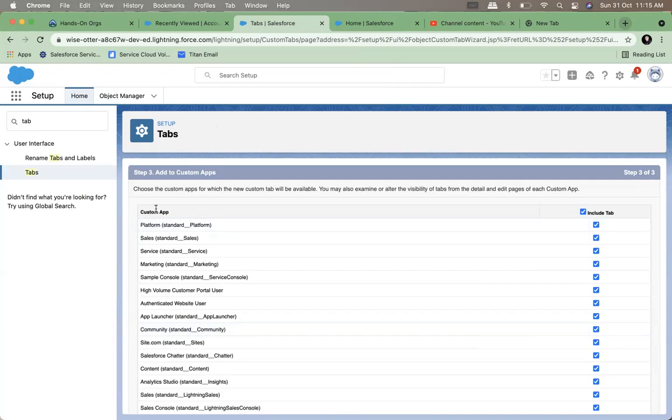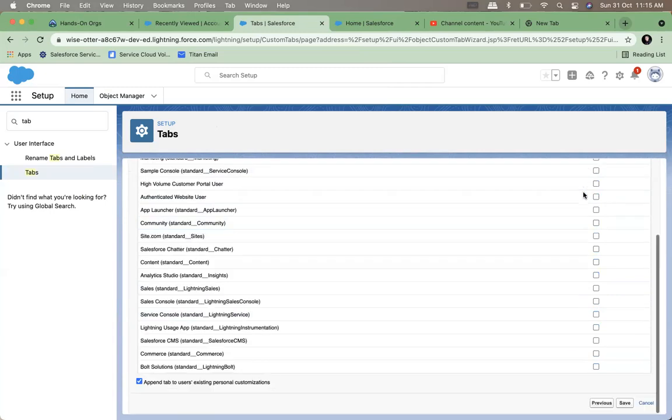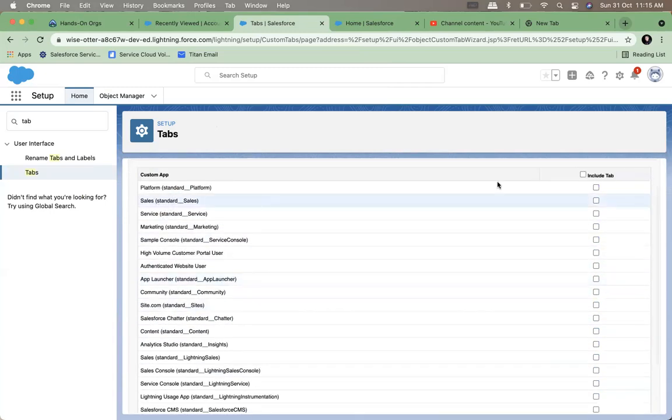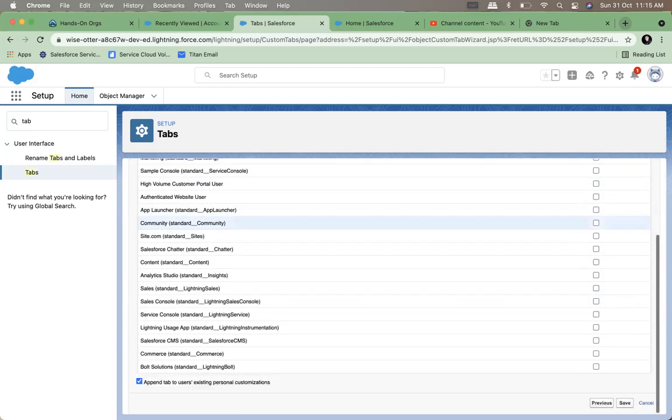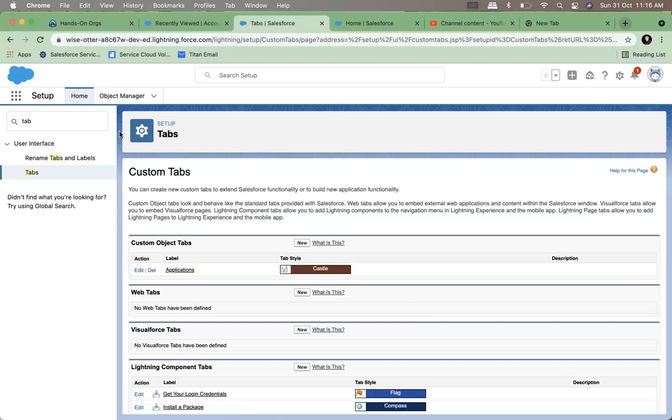This is important. This is which app this tab will be added to. I don't have to add it to all apps. I just want this to be added on the sales app, right? And that's it.